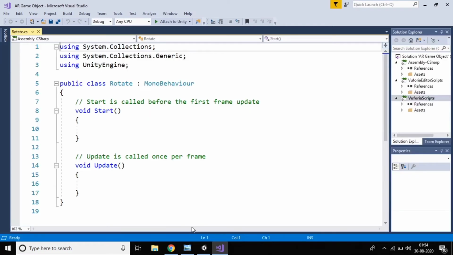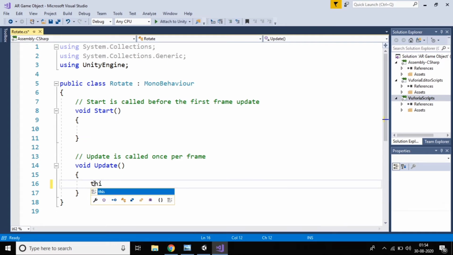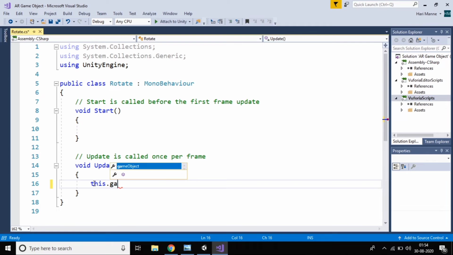For that, in the update function I want to use this dot. So I'm writing the code: this dot gameObject, which means which game object has to be rotated.